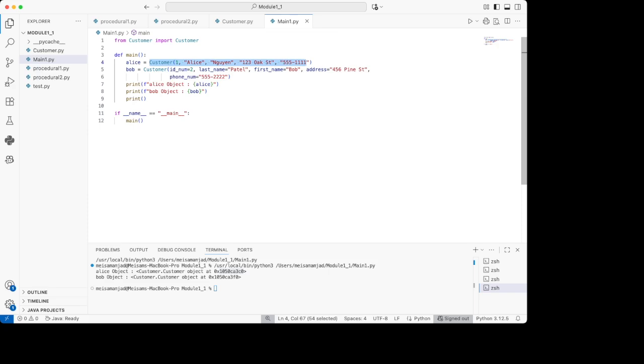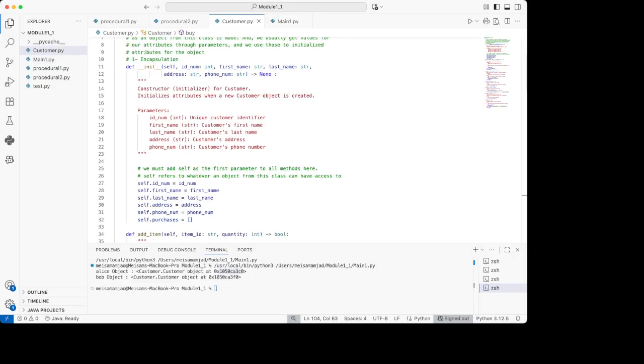Could we get some details when we print objects directly like this instead of looking at the memory locations? The answer is yes. We can actually add a method inside our class which will be responsible for how the output of an object should look like. Like when I want to print my object directly, which information should be printed when I print my object from that class directly. So if I just go back to this file,